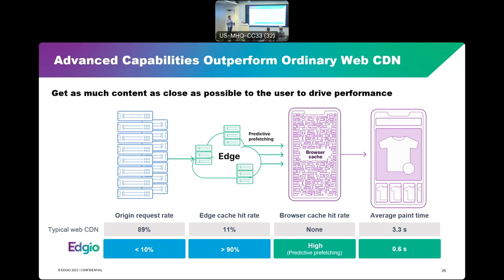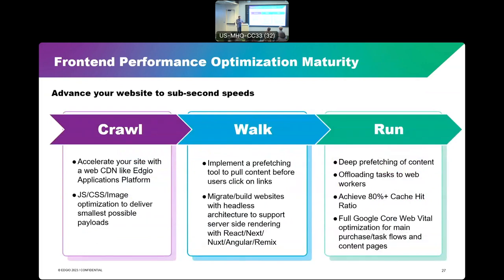And so there's a few companies out there that do this kind of predictive prefetch, and cache hit rate is something you want to look at: how much of my experiences are being served from the cache, because that's going to be a faster service. So you get some benefit with any CDN, and then it can be even higher with a CDN with this built in as well. And so you can see average paint times. You can even get down to sub-second transition or page load times. So there's a maturity to all of this from a performance perspective.